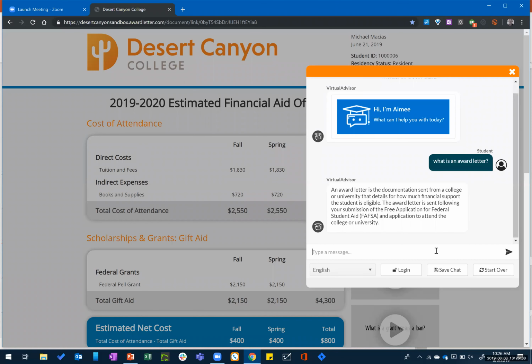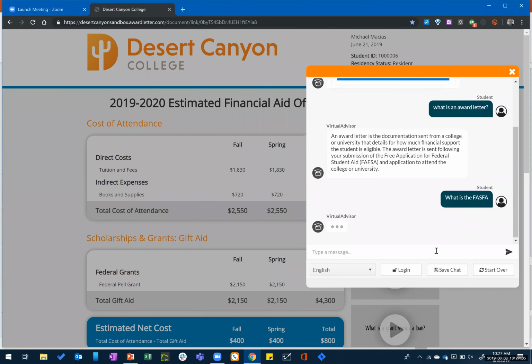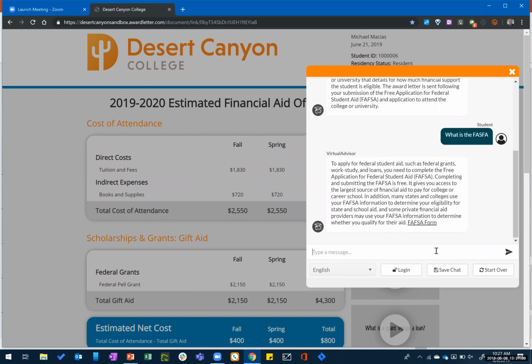And again, what the AI does is it determines my intent. So the AI is determining what I'm really asking, so I can form that question a lot of different ways. It also spell checks that information and is familiar with common mistakes. So for example, it mentions the FAFSA in here, but actually let's do this: if I say, well, what is the FAFSA, and I misspell it, it can interpret that. So the AI is going to make a lot of corrections, and the more it's used, the more it's able to discern what my intent is and get me the answer that I'm looking for.